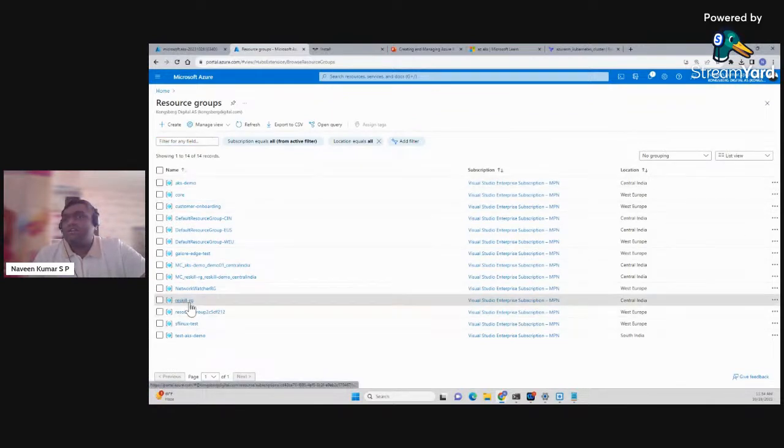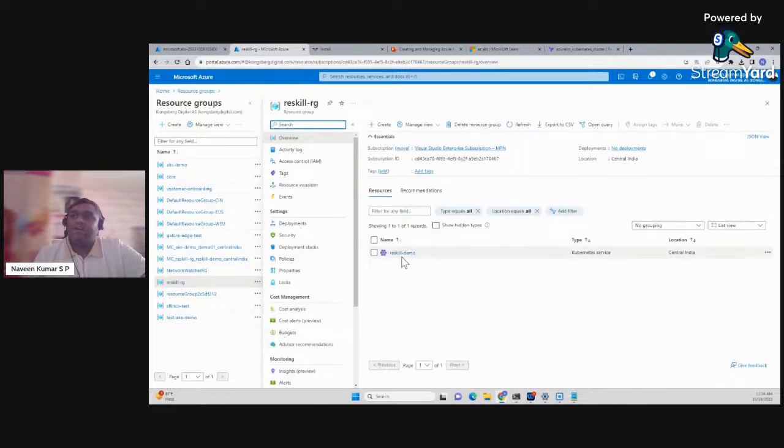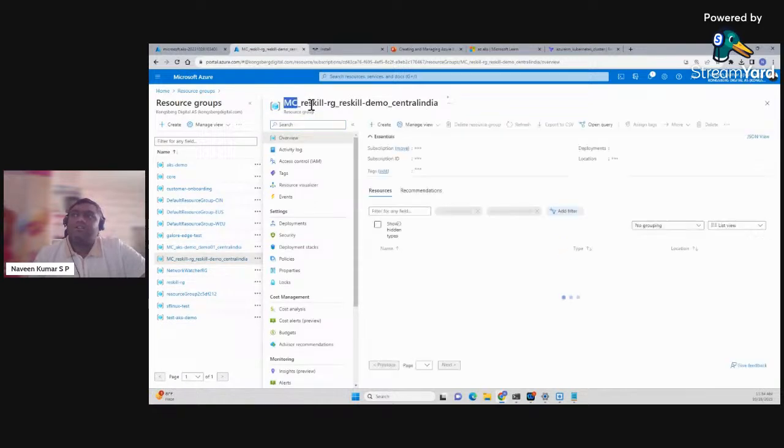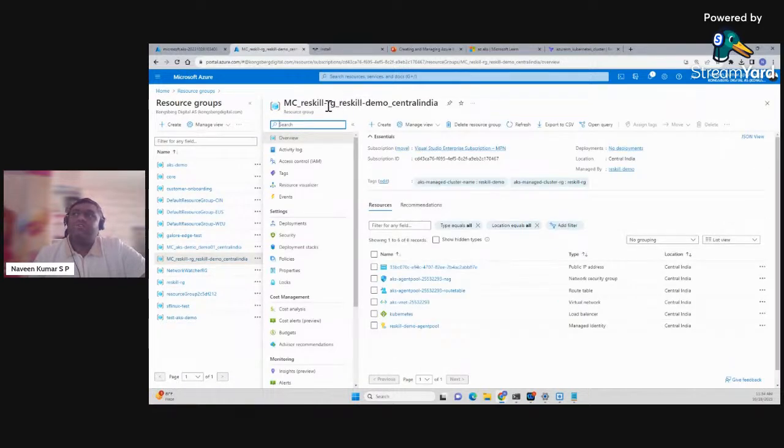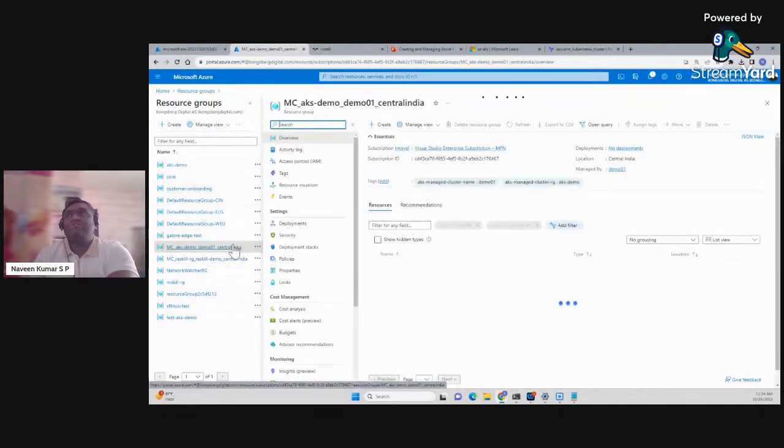So I have this Reskill RG here, under which the AKS is being created. You could also notice that it is creating another resource group called MC_reskill-RG, which combines the resource group name, the name of the cluster, and the location of it. Similar to that, here is the other one which I just showed you, which is AKS demo,